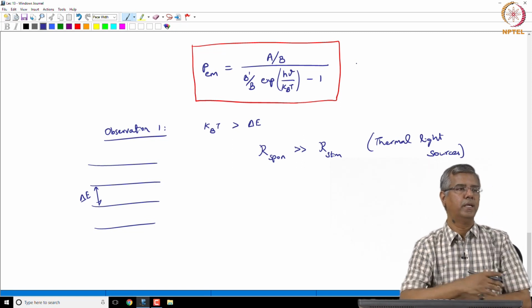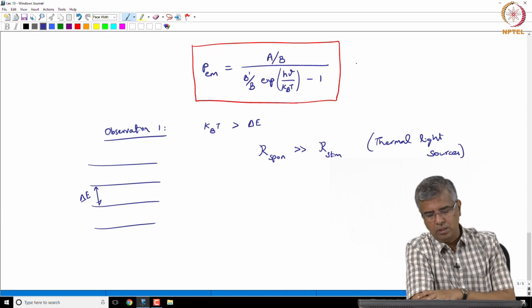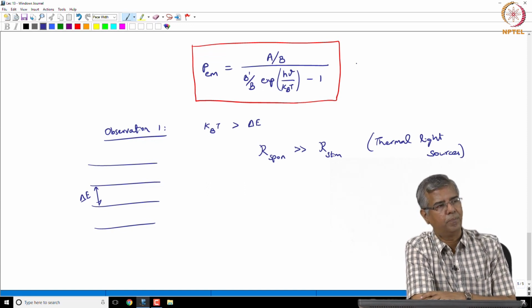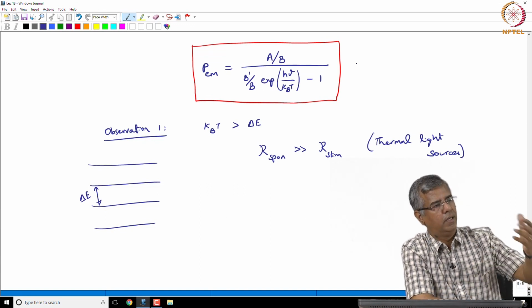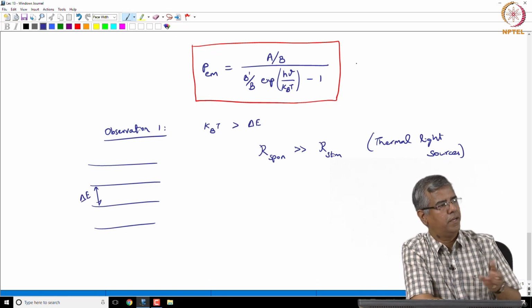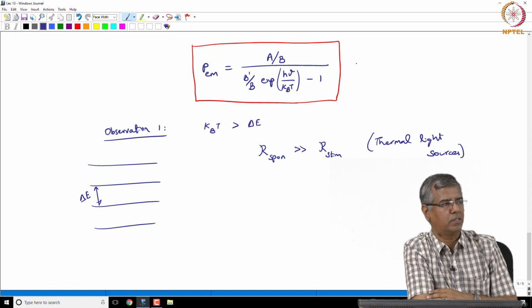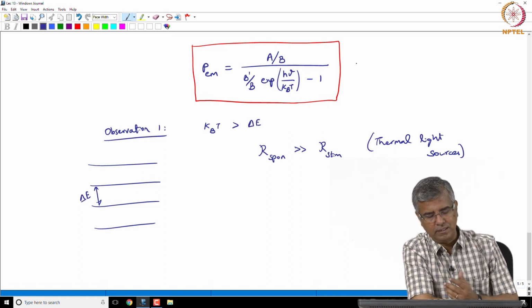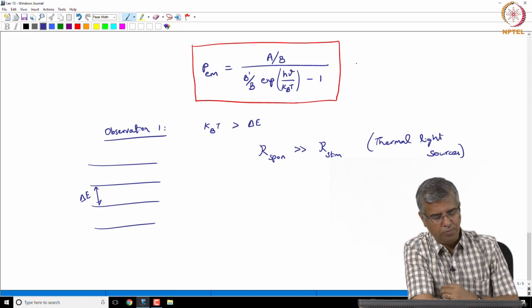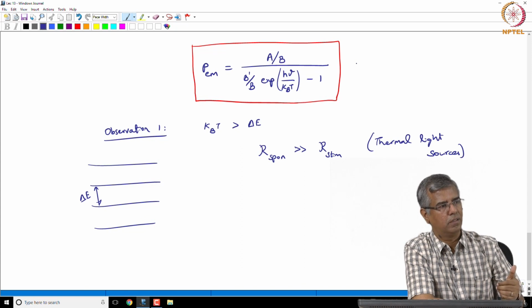So, you just heat up that material to fairly high temperatures, so that you have a lot of electrons going to higher energy levels, and then you have a probability that these will emit photons, but nevertheless because of the fact that they are following the Boltzmann